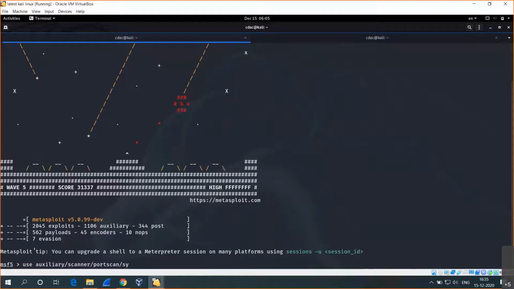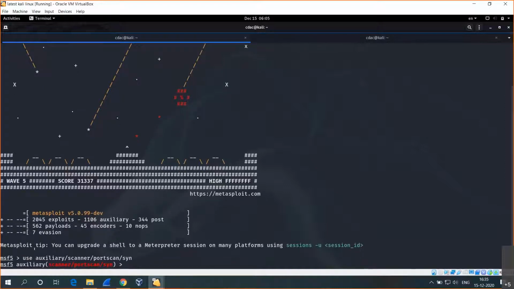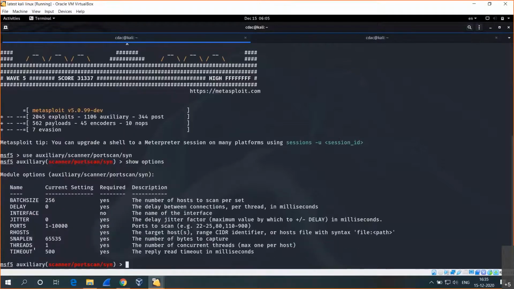And I am using the SYN scanner, where in the previous session we have gone through what is the SYN scan and what it will do. So now we need to check what are the arguments that we need to pass for doing this SYN scan. So we'll use the command called show options. So these are the parameters that are mandatory for this.